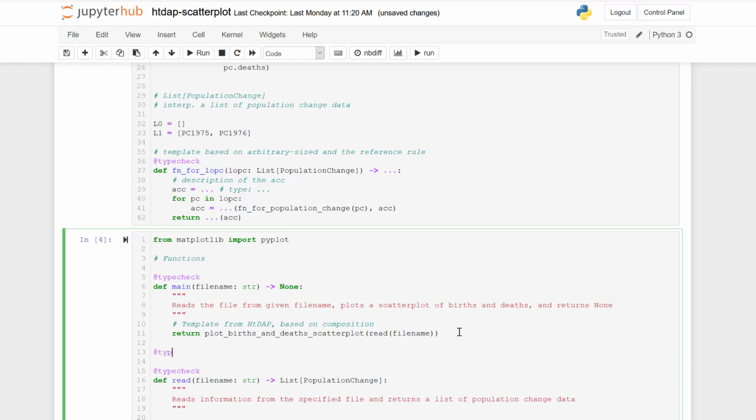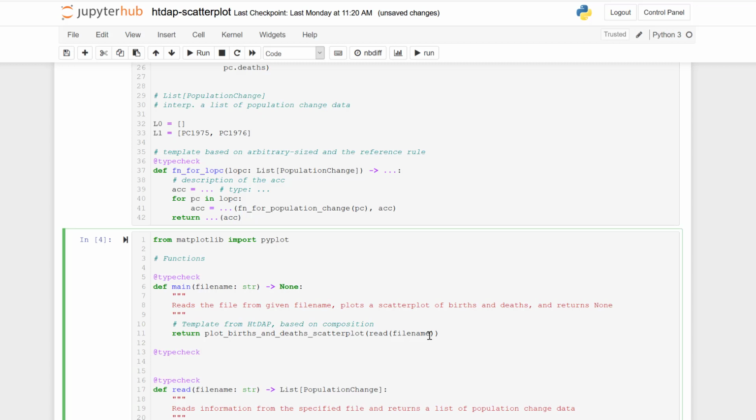Next, I'll write the stub for plot births and deaths scatter plot. I'm going to copy the name because that's a long one to type. Now I can work on the signature, and I see that this function takes read's output. Read outputs a list of population change, so this function must take in a list of population change.